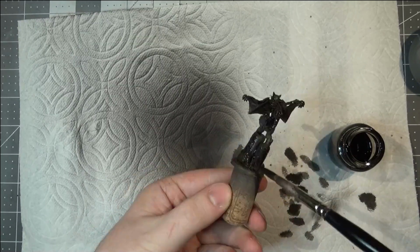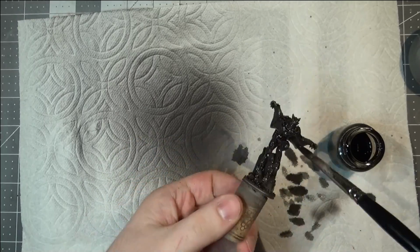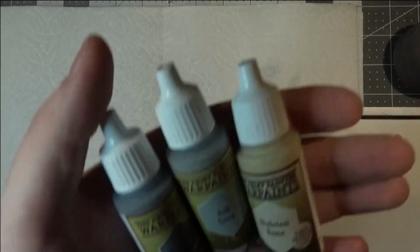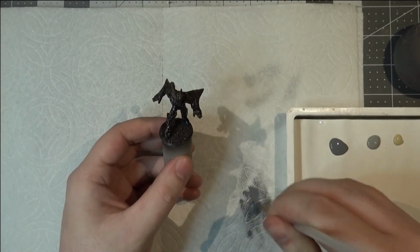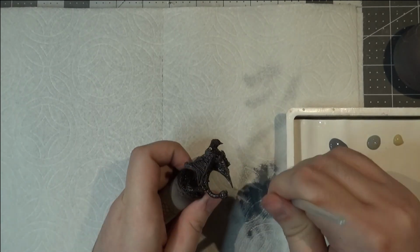And I'm even applying that to the pillar, and I'm doing all these same steps on the rocks on the base as well. So that's one of the reasons this is so new painter friendly, because there's really not much to this. It's base coat, wash, and then I'm using these 3 colors next: the uniform gray, ash gray, and skeleton bone. And then starting with the uniform gray, I just get a little bit on a wider flat brush